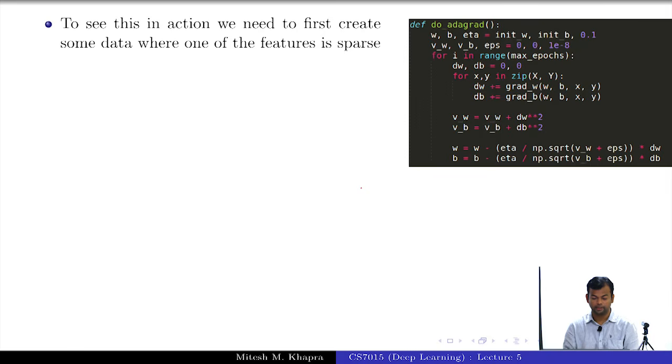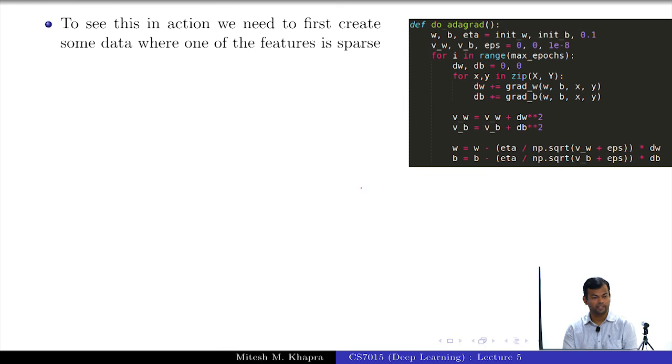Okay? Fine. And now, can you tell me a way of actually realizing this? I want to show you what happens when you have sparse data. And I want to do this with the toy example that we had, where we had only one feature and the other feature was always on, right? So how do I create this sparse data? You should think about these, because these are things you'll have to do when you're practicing machine learning. If you're working with a problem and you want to create some simulated data so that you can verify some hypothesis that you have. So how would you do this?